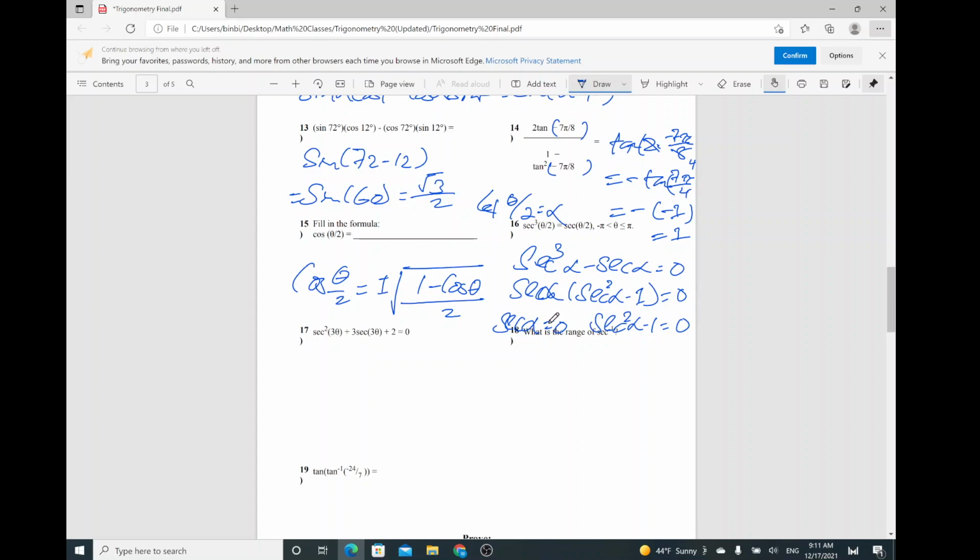So solve for alpha. So if this one is right between negative pi and pi, that means alpha is going to be negative pi over 2. And then the other one would be positive pi over 2. But don't forget about that. This one, you're going from negative pi to pi. Yeah, that's about it. So it's a half angle. We're going to substitute. And then the other one is secant squared of alpha equals 1. So that means secant of alpha equals plus minus 1. So we do know that cannot be negative pi. So that means alpha could be either 0